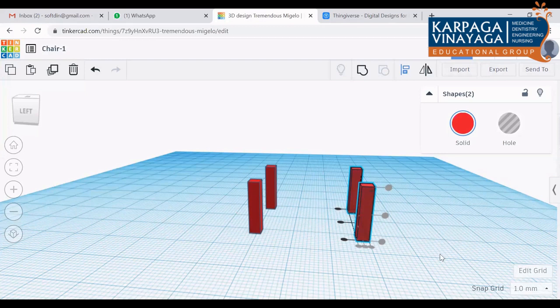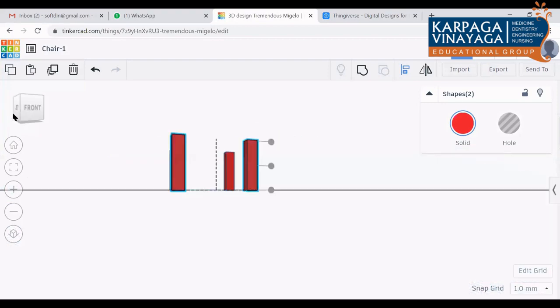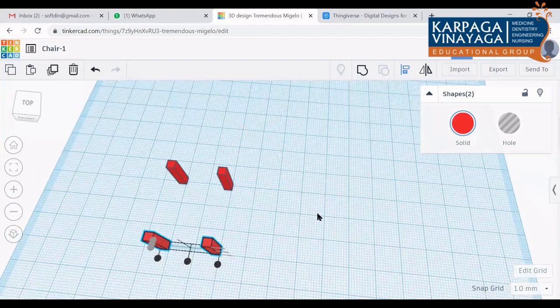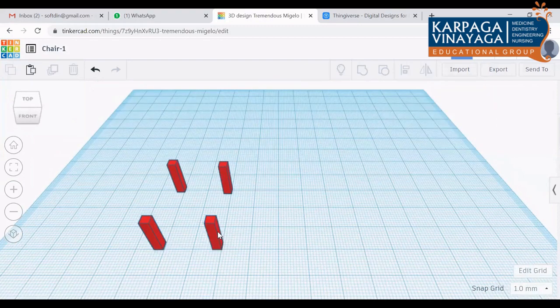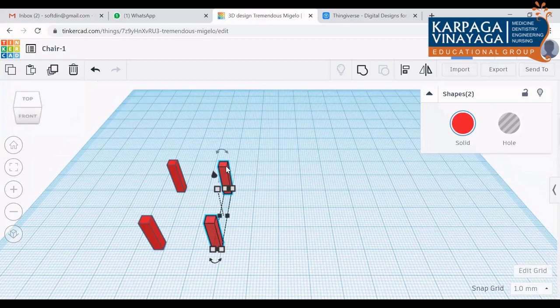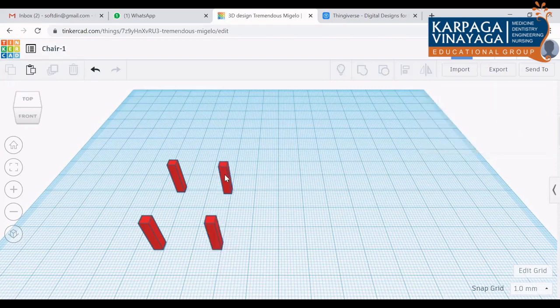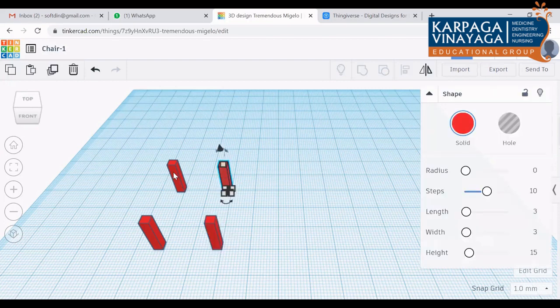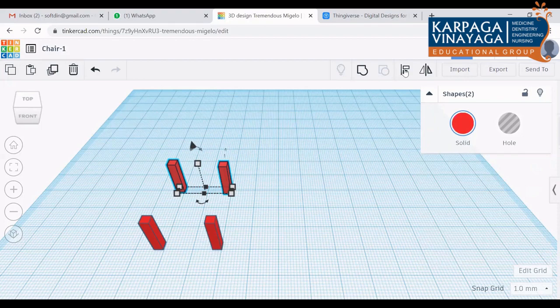Can you get my point? If you have any doubts, you can ask me. Once it is done, similarly check all 4 legs for straight alignment. Then check another 2 legs: click this leg, press the shift button, press the other leg. The align option will be there. You just check now. I think it is fine. It is in the same straight line. Then click this leg, shift, click the other one, check for alignment.